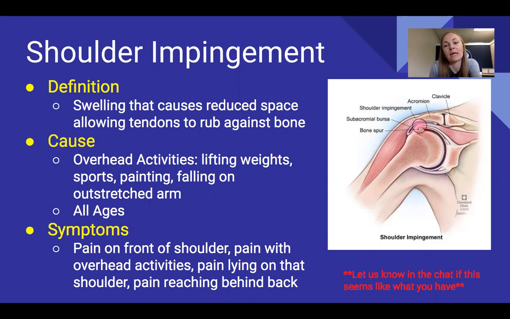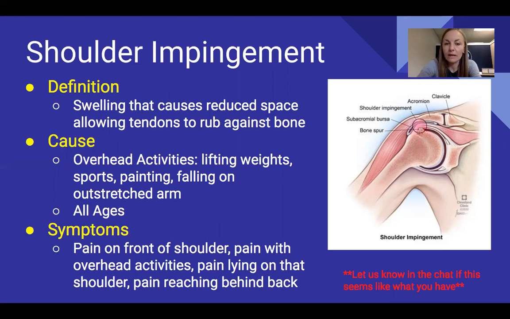So a shoulder impingement is when you get so much swelling in your shoulder that it causes kind of a reduced space right here between all those muscles and tendons in that bony area that Maddie just went over. So it kind of makes that tendon rub against your bone. And as that happens repetitively over and over and over again, it really irritates those surrounding muscles. So we tend to see this in patients who have to do a lot of overhead activity, either for work or for leisure, or if they're into overhead sports like the baseball pitchers. We see this a lot in